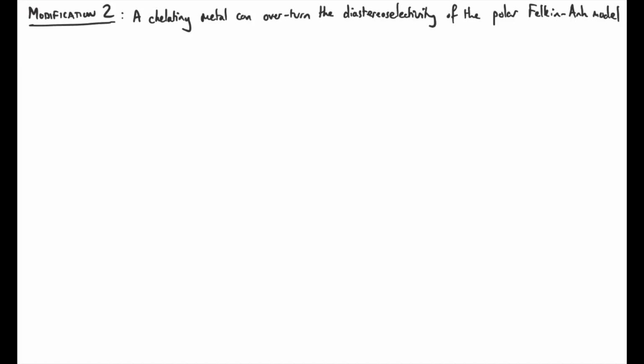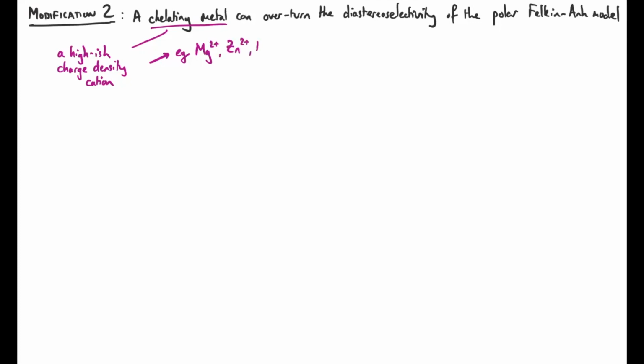Now, there are a few more things we need to be aware of if we're going to use this model in practice. And unfortunately, there is a modification to the modification we just talked about. And that is that a chelating metal can overturn the diastereoselectivity of the polar Felkin-Anh model. So just to be clear what we mean here, if we happen to have a cation in there with a high charge density, and common ones we might come across in organic chemistry are magnesium 2+, zinc 2+, titanium 4+,